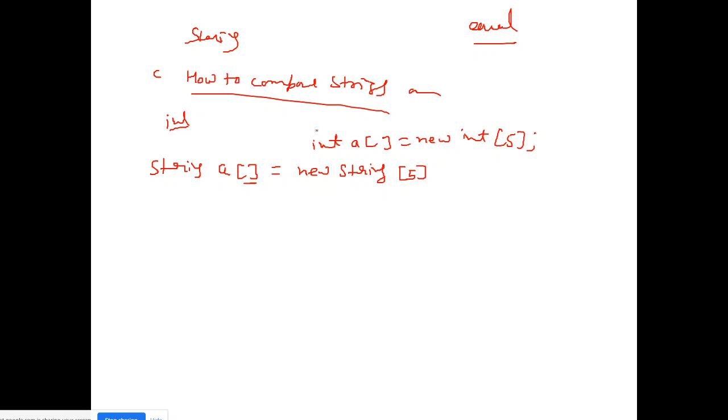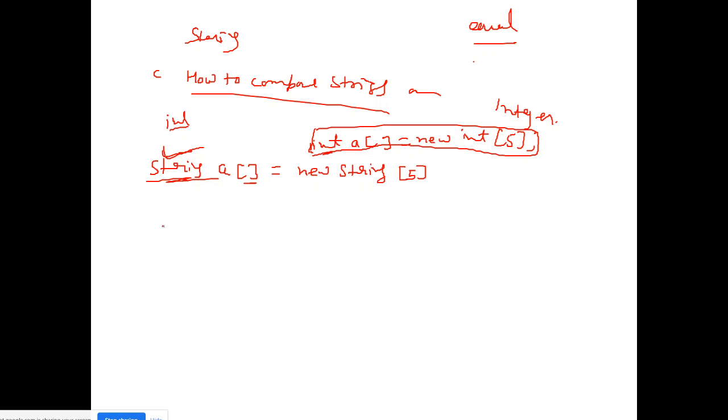But here String is a class, that's why I have used caps, whereas int is a primitive type. So nothing new, but this is a class and this is a primitive type. We also have a class for integer, and how to convert that integer into string, these are the wrapper classes, which are a different part that I will cover later on. But today's agenda is this.